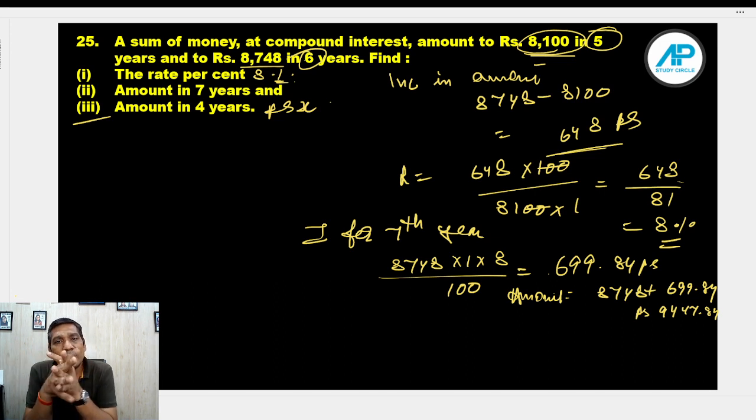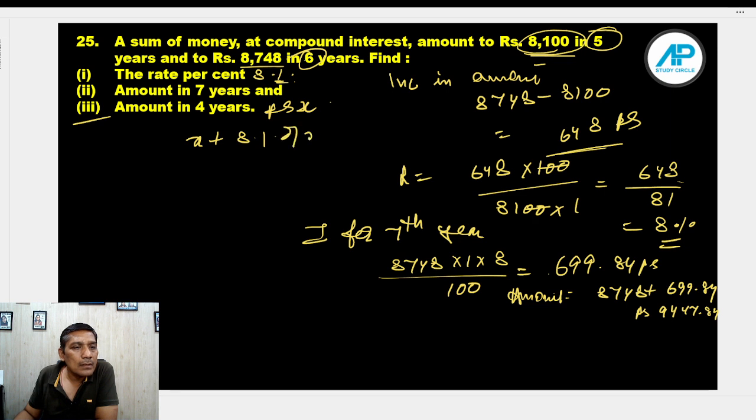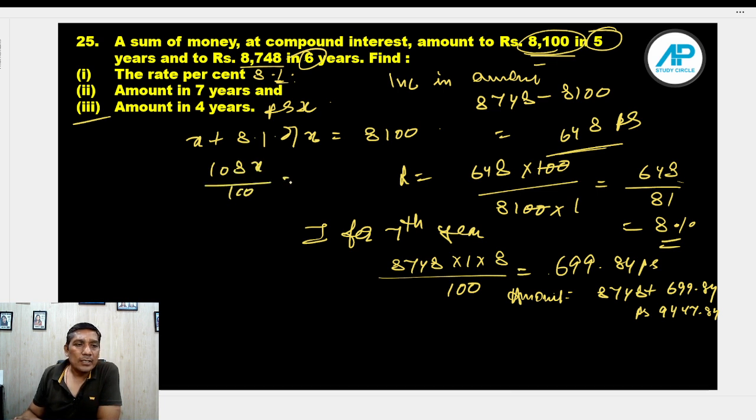So we have got the value as 8100 in 5 years. So to find the value of amount of 4 year, I should assume the amount of 4th year as x, and then when I add the interest in the value of the principal of fourth year, amount of fourth year I mean, and add interest into it, that would give me, so 108x upon 100 equals to 8100, and x equals to,